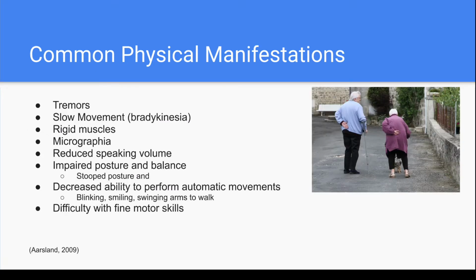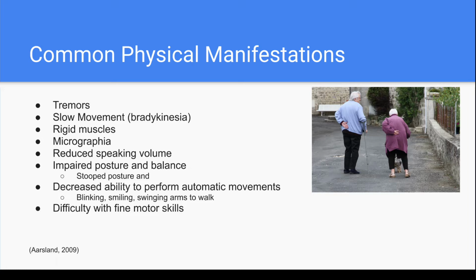There are several common physical manifestations to Parkinson's disease. These include tremors, which are involuntary rhythmic contractions that lead to shaking movements in one or more parts of the body, bradykinesia, meaning slower movements, rigid or tense muscles, noticeable changes in handwriting that often lead to micrographia or small